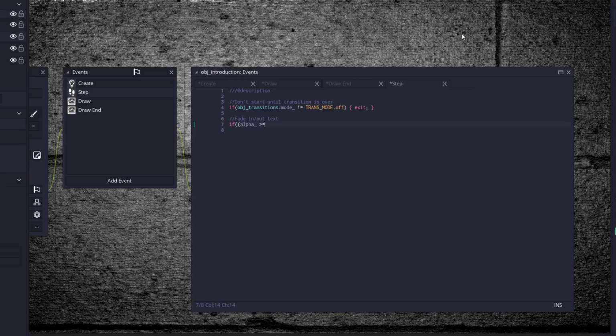If alpha_ is greater than or equal to 1, and wait_timer_ is less than or equal to -1, mode_ is equal to not mode_. Wait_timer_ is equal to wait_duration. If wait_timer_ is less than or equal to 0, if mode_,